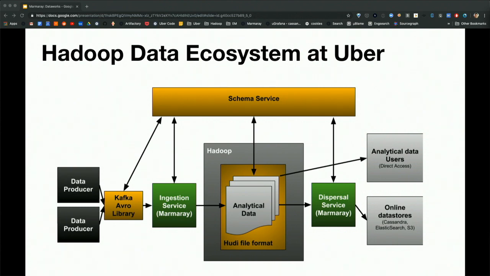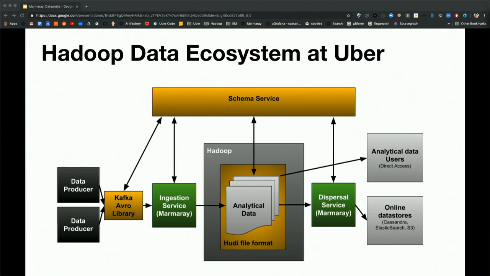Now, I also wanted to touch upon another open source project at Uber called Hoodie. If you think about the Hadoop use case, the canonical use case is that data is immutable and usually append only. What we built with Hoodie, which Marmaray uses as the storage format, is an abstraction where we can actually do updates and deletes of data. It conforms to the concept of snapshot isolation, where readers will never block writers and writers will never block readers. But you have the abstraction that you can update and delete your data, and it usually happens within less than 30 minutes.